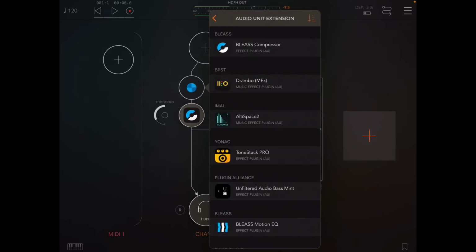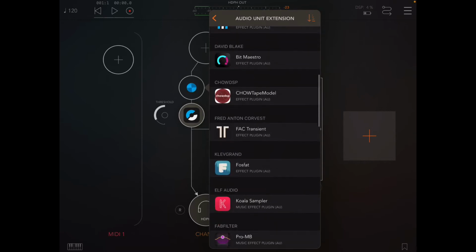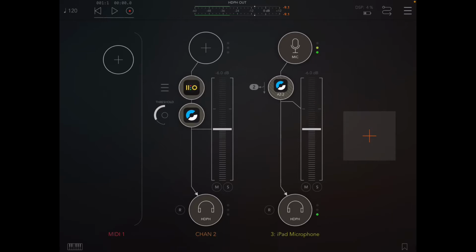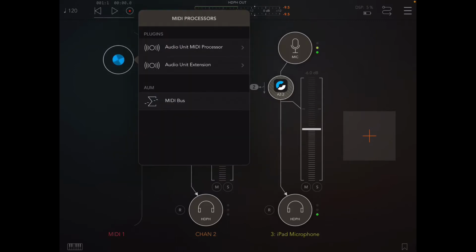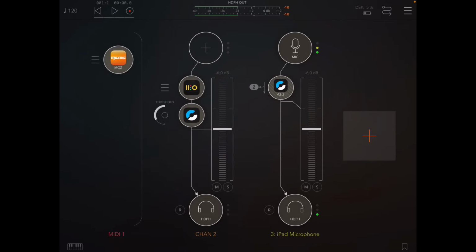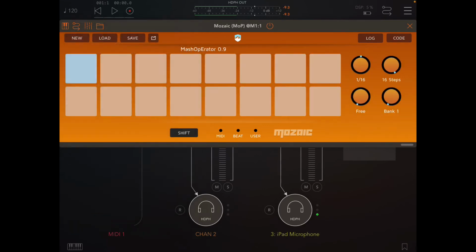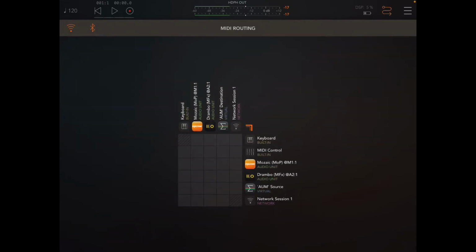The first thing I just need to do is set up Drambo. So here it is. I'll put it here. You can put it in the top slot, or you can put it down there. I like to put it there, because if it can exist there, it means that it can receive an input. Because I use it for other things like envelope following and stuff like that, I usually put it in the effects slot. Here I'll load up Mosaic, and I will load the script. So the first thing you need to do is route the script to Mosaic to Drambo,